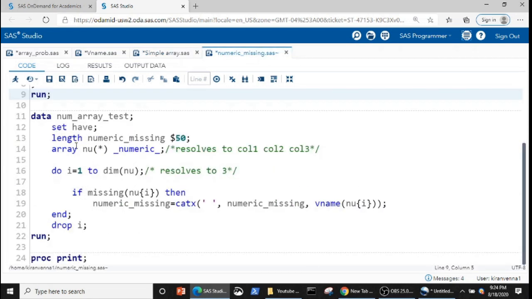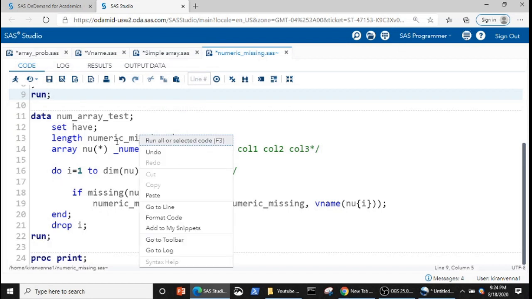Here is the code to capture the missing variable names. But before going into the details of this code, I would like you to note a few things. The code is pretty similar to what we have discussed earlier, but I want you to focus on this particular variable which we are creating.